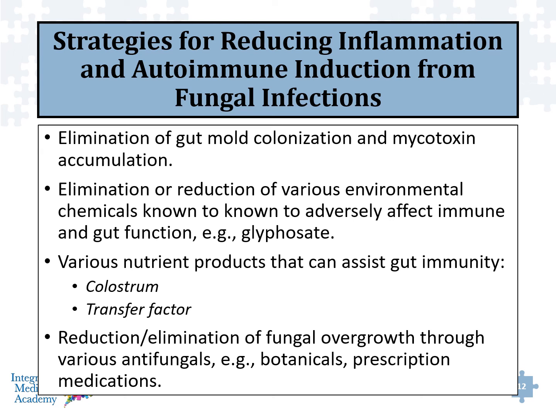And then various nutrients can be used that assist in gut immunity overall. So colostrum, for example, and transfer factor are interesting products which have immune modulating properties. And then, yeah, eliminating or at least reducing as best as possible the fungal overgrowth through various antifungals,